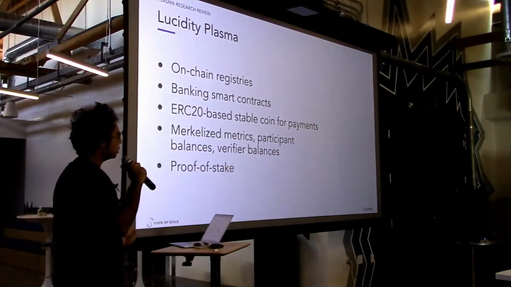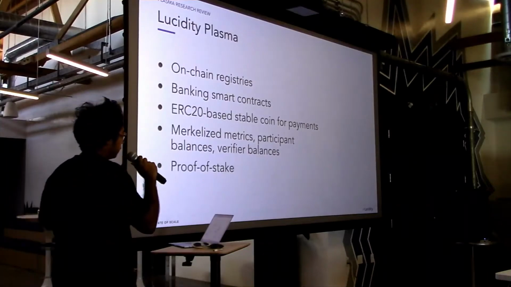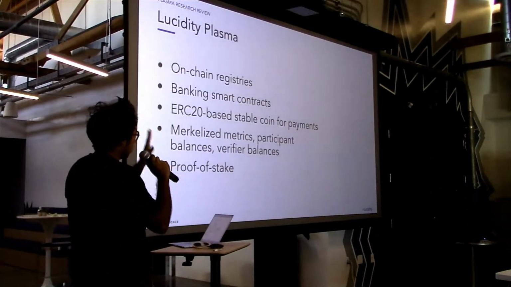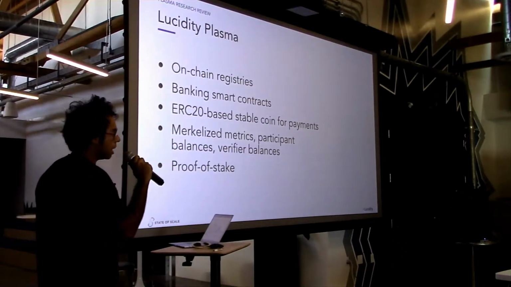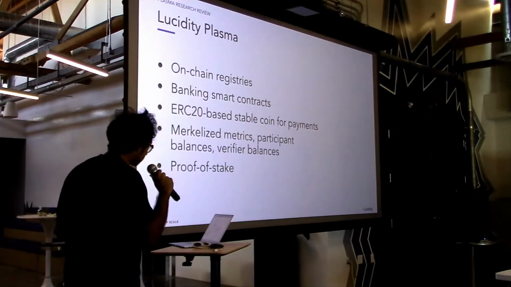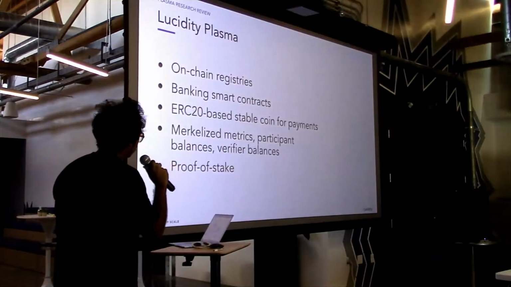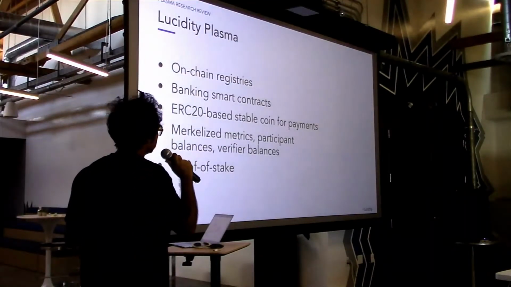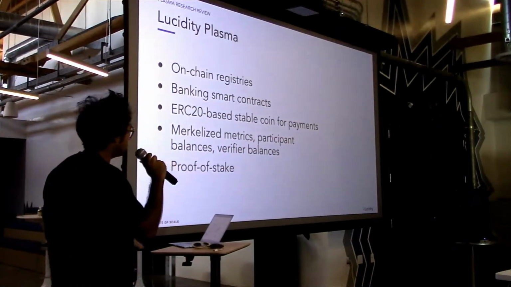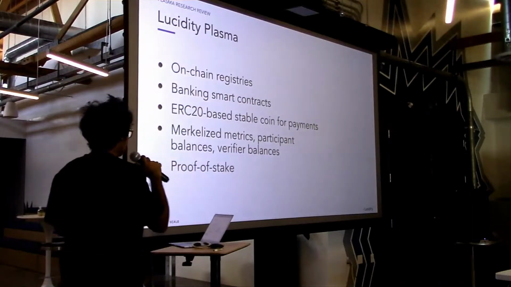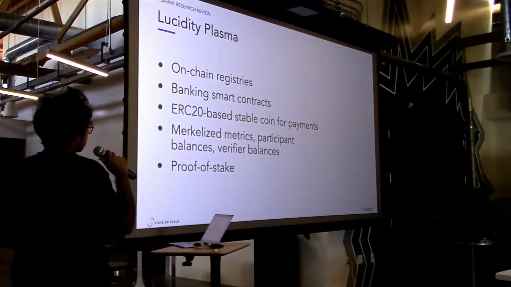The mechanism that we provide here is that when you deploy your sidechain, you can specify a staking coin of your choice. And the idea is that your verifiers are incentivized for that staking coin value to go up. But if you use that same coin as a payment mechanism, your users will be very unhappy because the value is fluctuating too much. And so the idea is to have a staking coin, but in your application you can use a payment coin. So it's a framework for creating tokenized applications that don't force the user to use another crappy payment token. That's the framework that we're trying to provide developers and businesses.